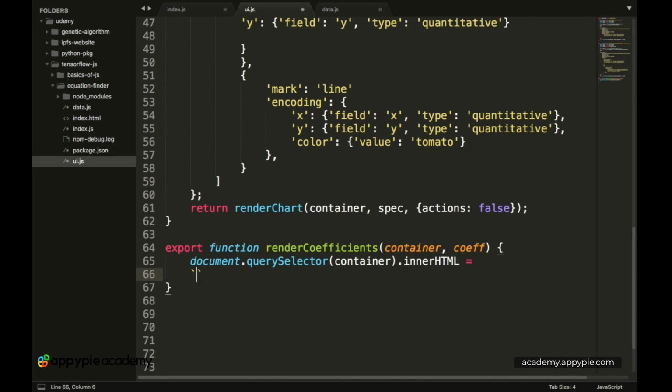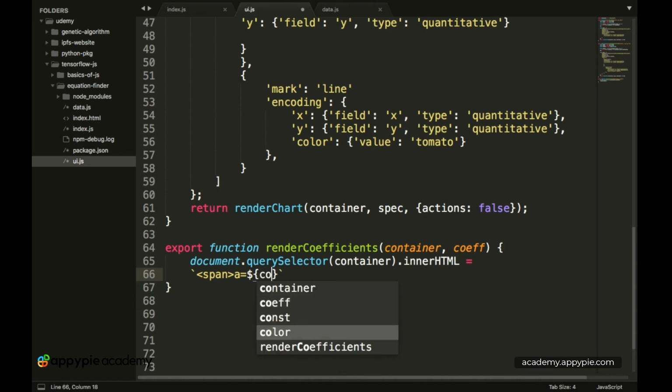Now inside of the backticks, let's first put in a span, which is an HTML element. So span, and then inside of the span we have a is equal to, and then we want to find the value of the coefficient of a. So over here we have the $ sign, and this is used to indicate the value of a variable inside the curly brackets.